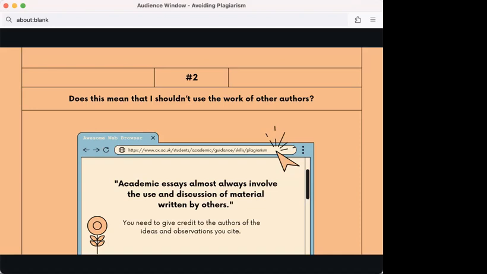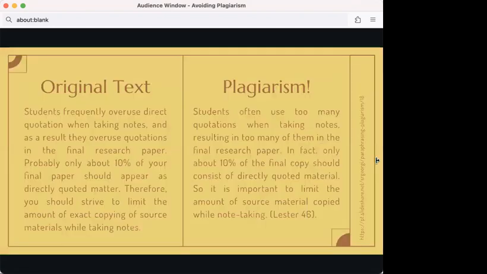You need to give credit because it is not only recognition of their work, but it also helps you strengthen your argument by making clear the basis on which you make it. Moreover, good citation practice gives your readers the opportunity to follow up your references, check the validity of the interpretation, and find that this writing is worth reading.